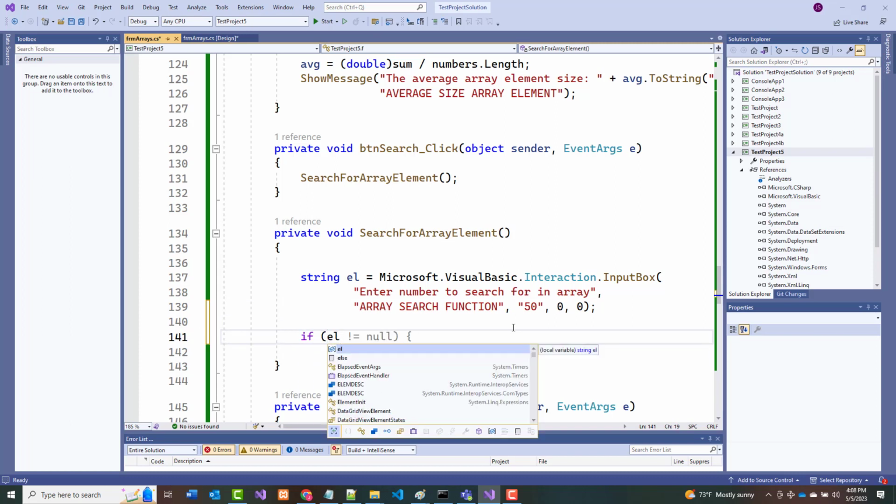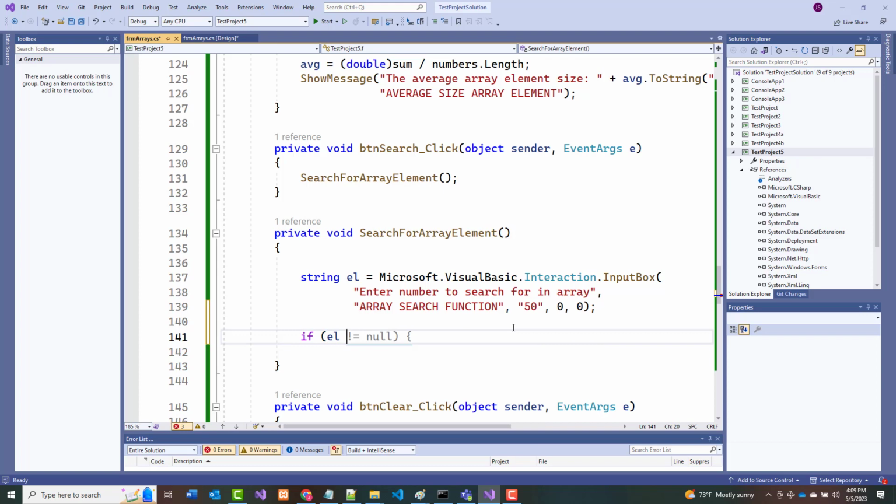So if the element we put in there, let's see, I'll try it like this. If the element is less than 0 or the element is greater than 100,